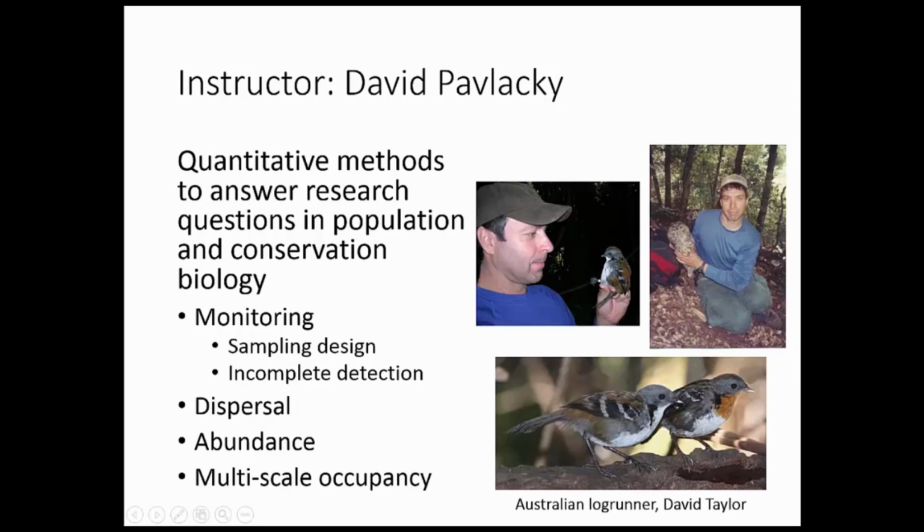My name is David Pavlaki, and I'll be your instructor for this course. My research interests include quantitative methods to answer questions in population and conservation biology. I've mainly been involved in bird population monitoring with a focus on sampling designs and estimating incomplete detection. I've studied dispersal ecology and estimated abundance and multi-scale occupancy. Some of the critters I've studied include the northern spotted owl and more recently the Australian log runner from southeastern